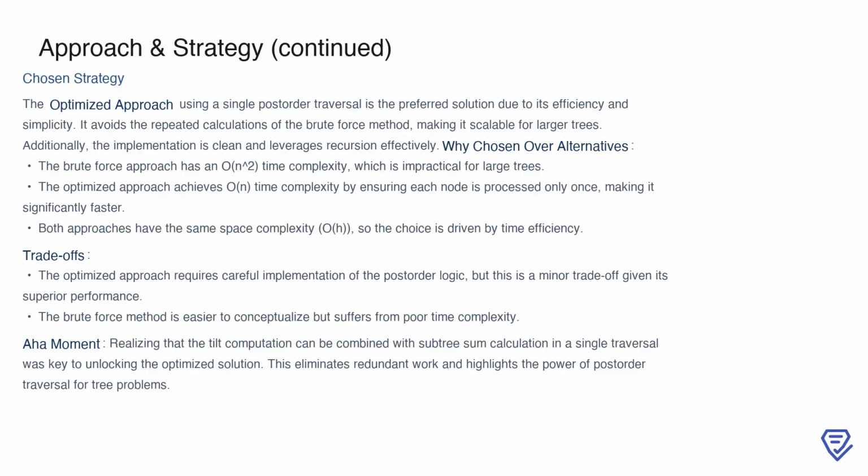While both approaches have the same space complexity of O(h), the decisive factor is time complexity. The brute force method's O(n squared) runtime is impractical for larger inputs, whereas the optimized approach processes each node only once, achieving O(n) time complexity. Additionally, the implementation of the optimized approach is clean and leverages recursion effectively, making it not only faster but also elegant. While a minor trade-off is the need to carefully implement post-order traversal logic, this is far outweighed by the